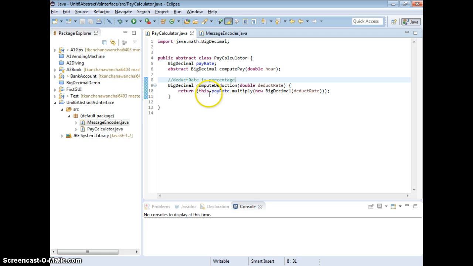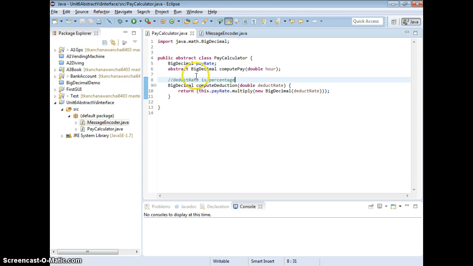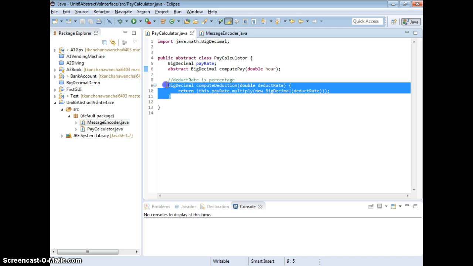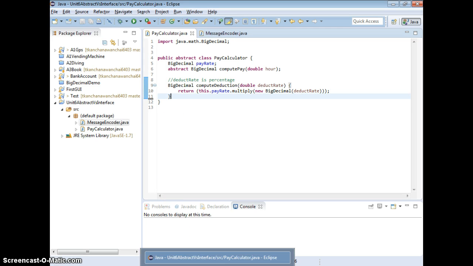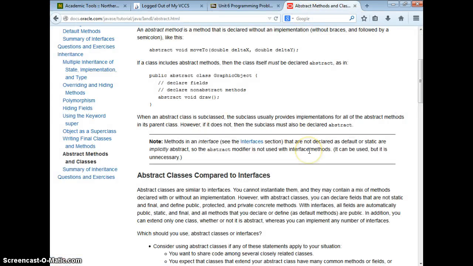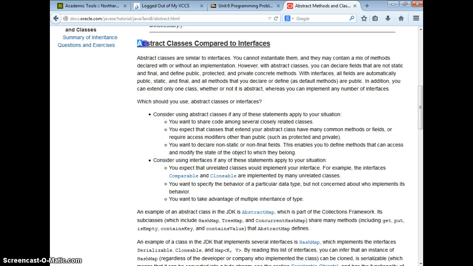Alright. Now, you may see that on the interface, you will never ever have a method that is implemented, but for abstract classes, we see some can be abstract, which we're not implementing, and some can be implemented as just regular methods. So you may see the difference there. Now, these are some good things about abstract classes compared to interface. I'd like you to go into this link and